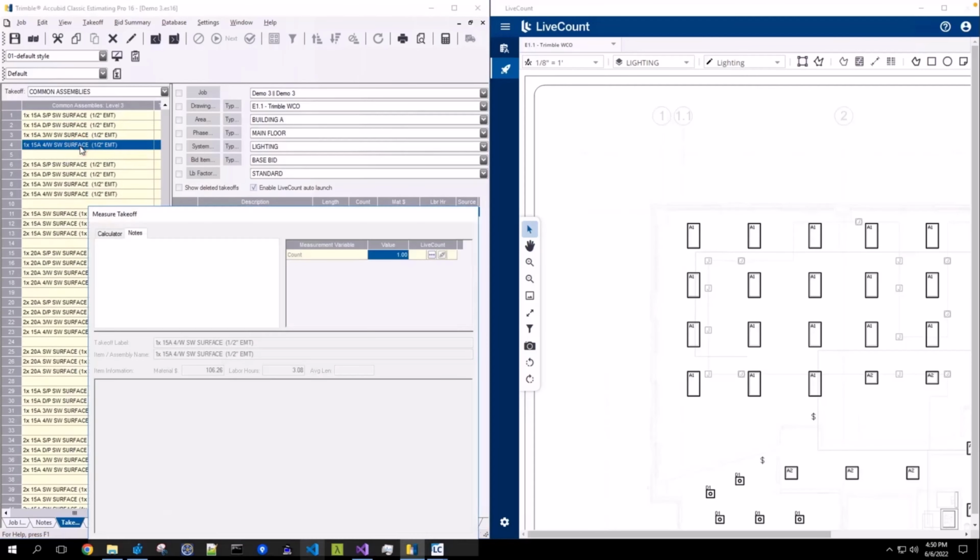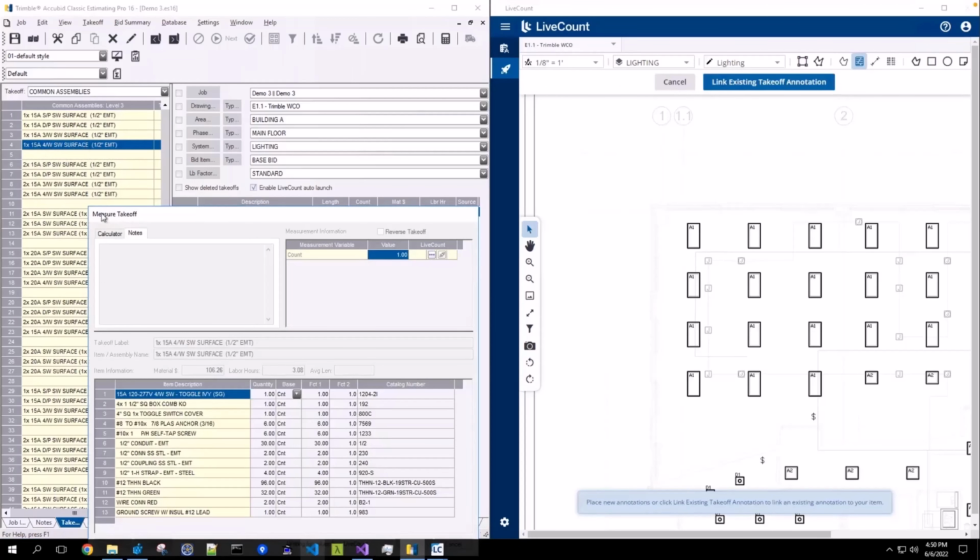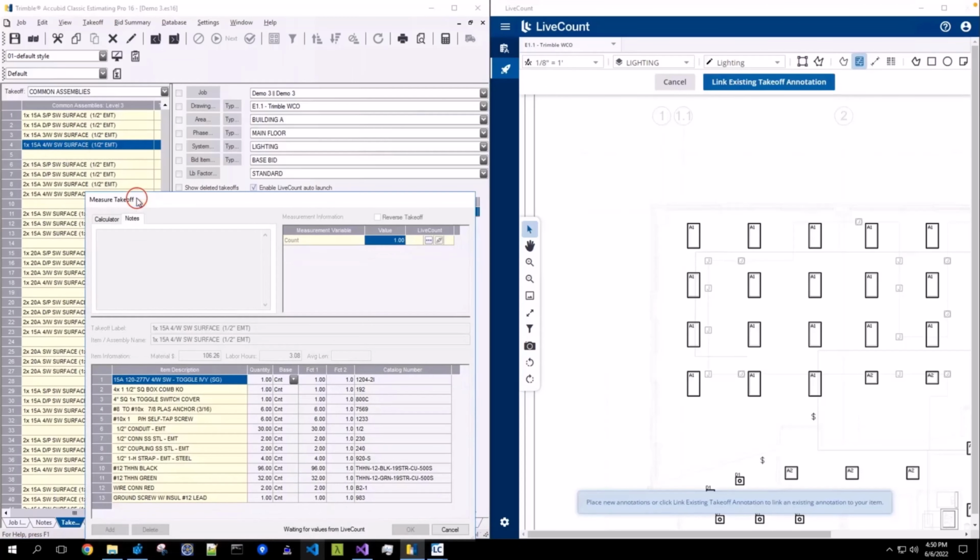assembly. And on double click of the assembly, the measure takeoff window is launched, and I'm immediately placed into the draw operation as I have selected Enable LiveCount Auto Launch. Once in the draw operation, I can proceed to place points,